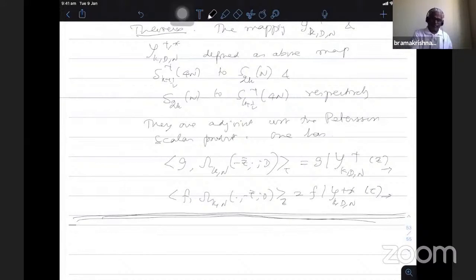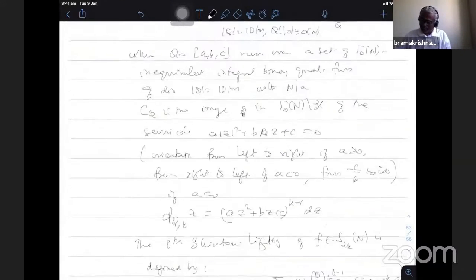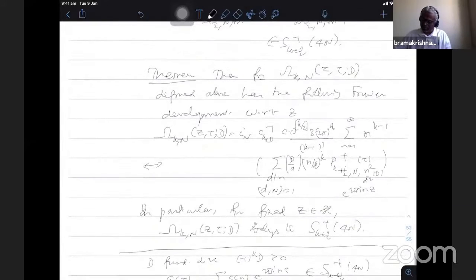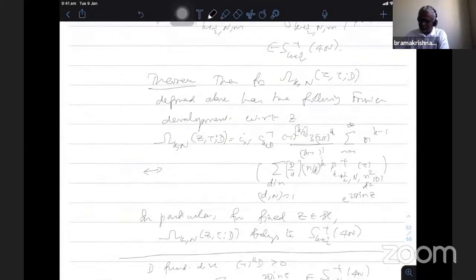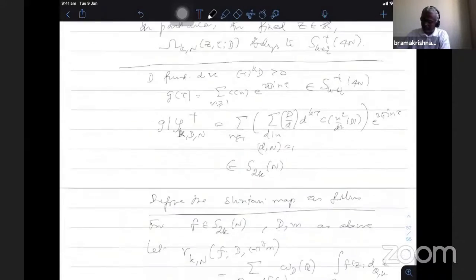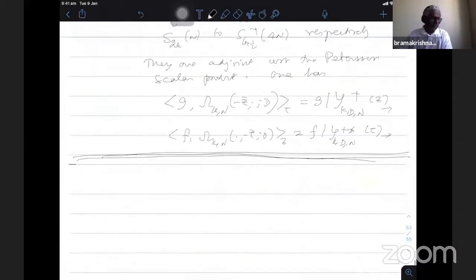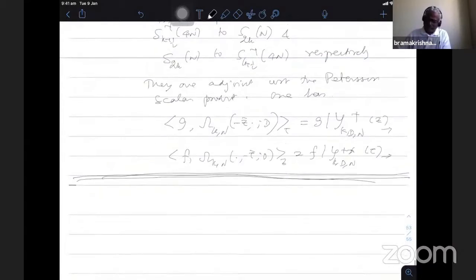Okay. So we assume this theorem, we'll come back to the theorem at the end. So assume this identity is valid. That means omega as defined in terms of this f function is given in terms of the Poincare series. Assume for the moment, we go to the proof of the other two theorems and come back to it. One more theorem I will mention. So that is a Waldspurger theorem.